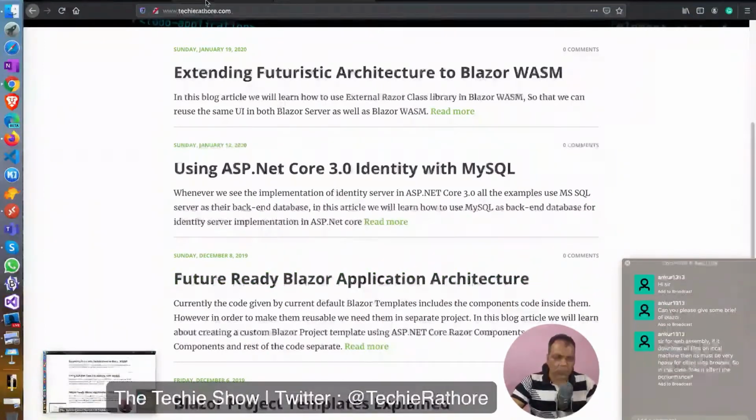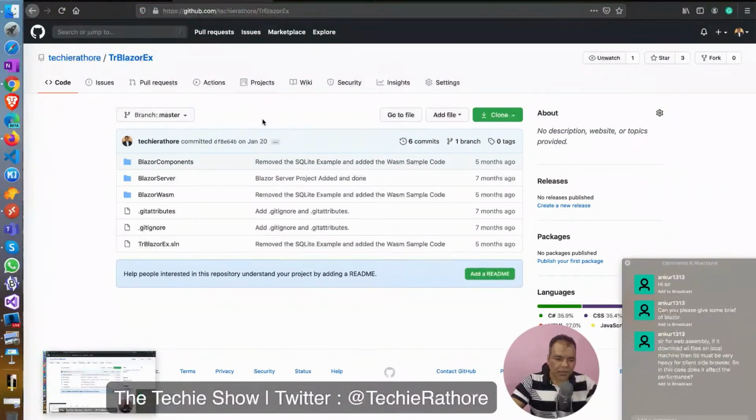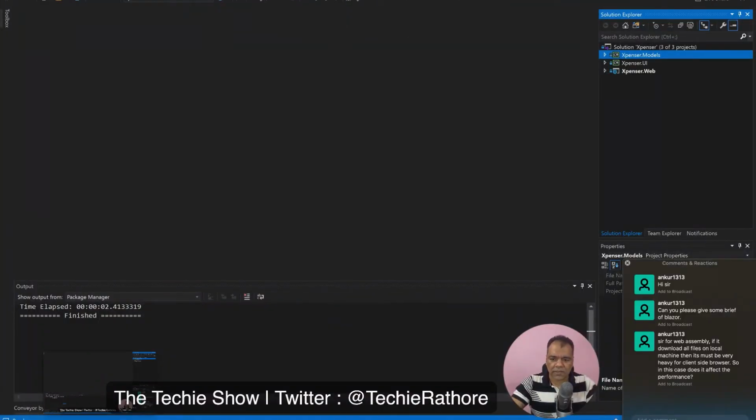The sample code for this blog is available here, and it has 3 projects: one is Blazor WASM, one is Blazor server, and one is Blazor components. Let me set up this one also, and then we can run both of these and I'll show you how this application architecture works.